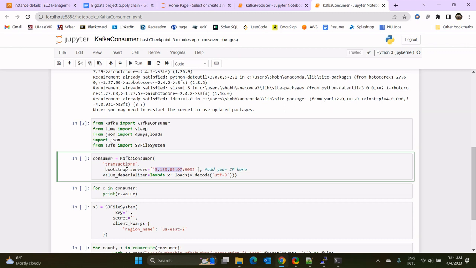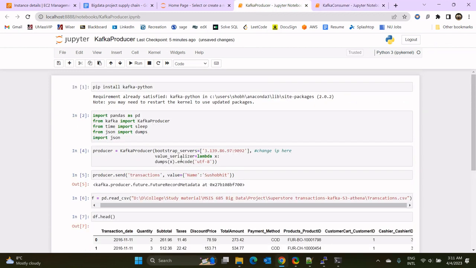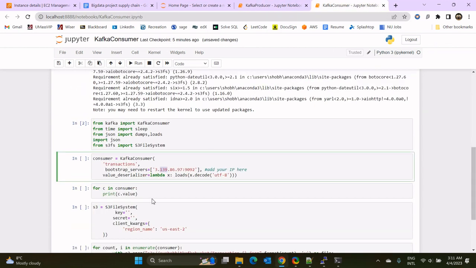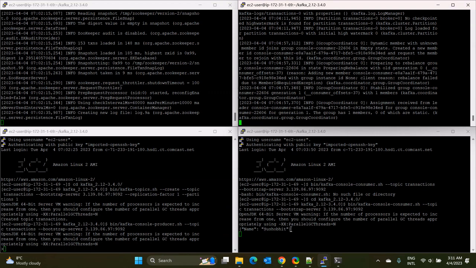Take care of these two things. One is the transaction, which is the name of the topic, and the IP address. And we are decoding it on this other end. In this, we were encoding it. So we'll run this command. If we run this, we can also see what is live on the terminal. What we can see here, we can also see in Python if we